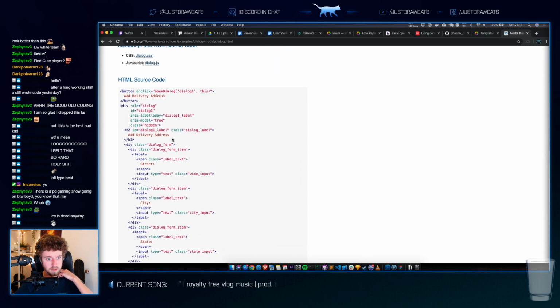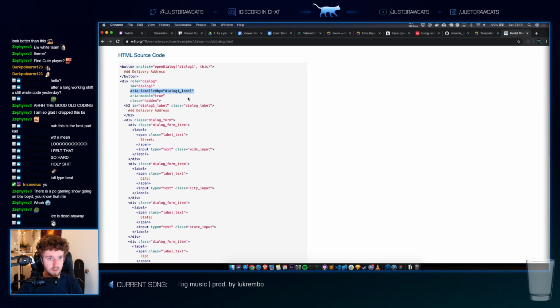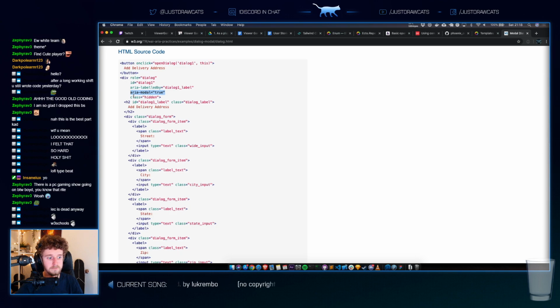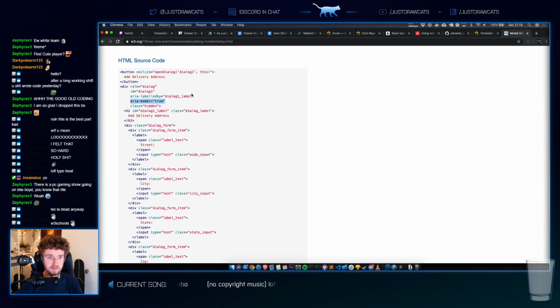Show me the HTML. On click open dialog role labeled by ARIA modal. Okay. This is just okay.